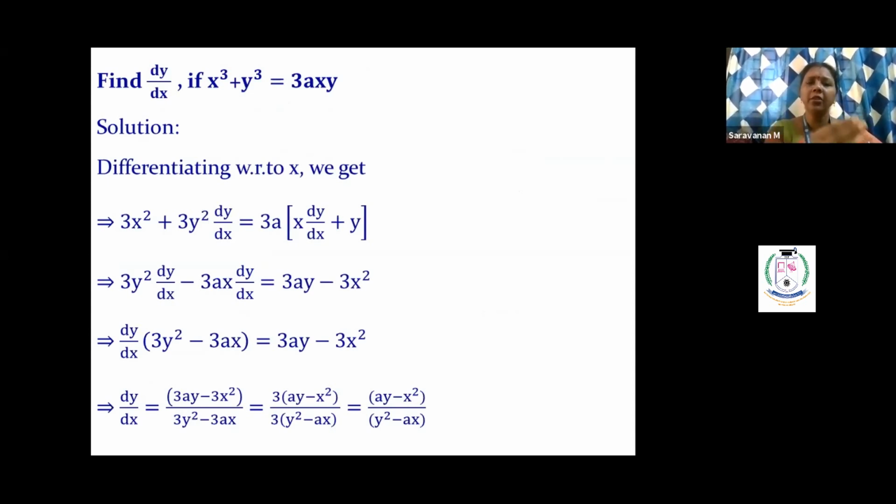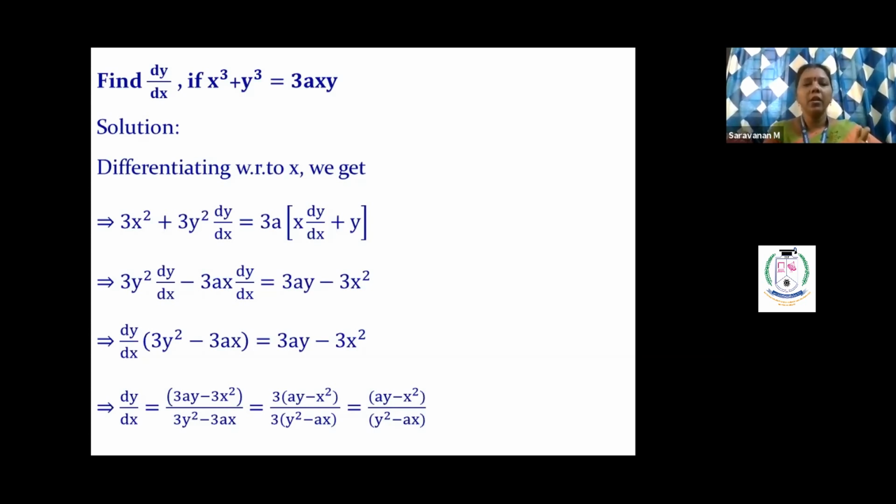See, if we bring the 3axy to the left hand side, we can write that as a function of x and y is equal to 0. So in this way, we can understand that it is an implicit function. If you want to check also, you can check. We can't express y separately in terms of the other variable x. We can't separate x and y here. So in that way also you can say that it is an implicit function.